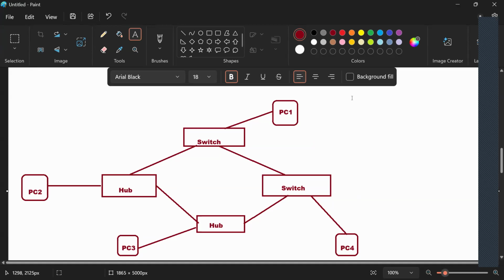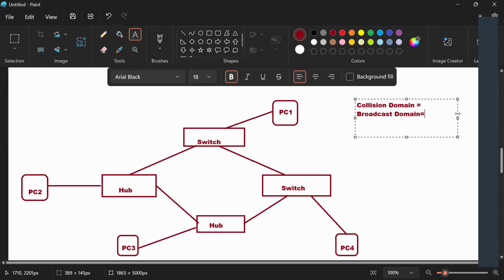Okay, think about it again. Three broadcast domains.